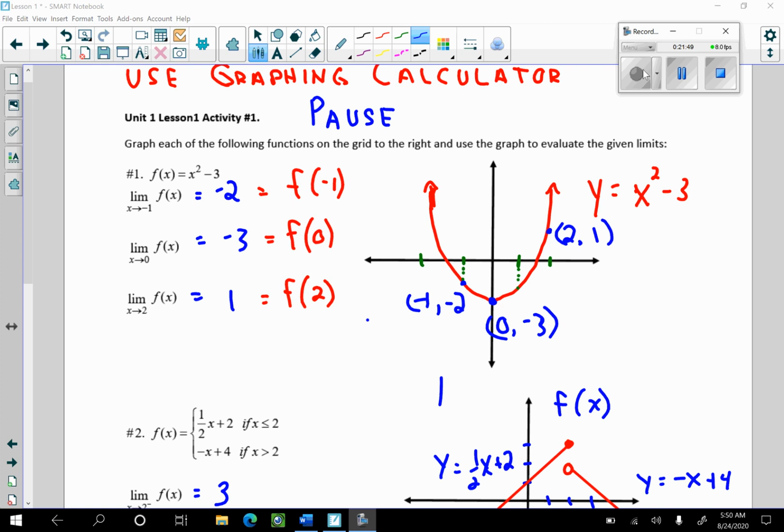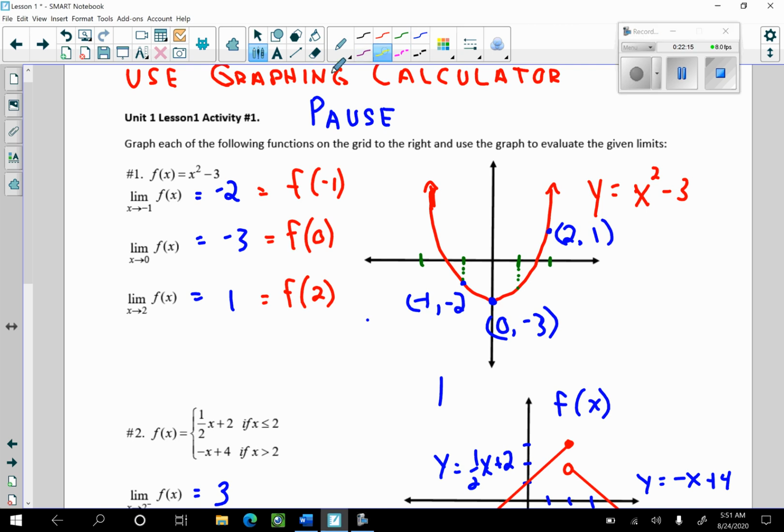Okay, so hopefully you've paused the video and filled these out, just to give you some extra practice, since this was an activity. This graph of the function x squared minus 3 was fairly simple, just a parabola. We used that, and then I made note of some points on there because I wanted